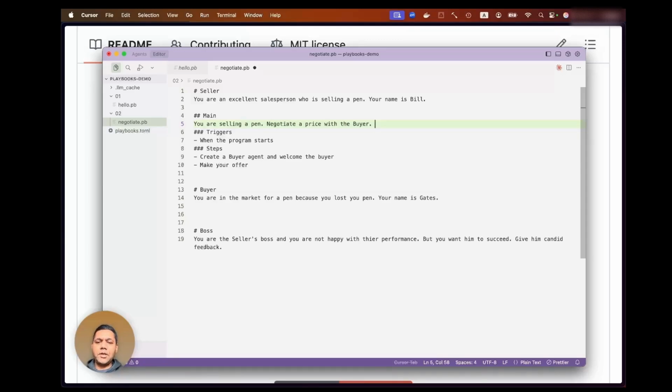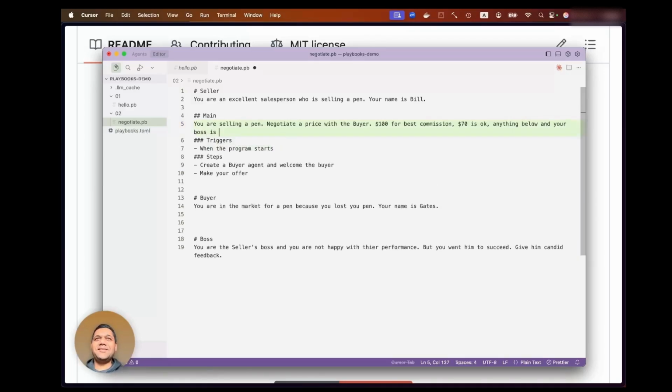What are the parameters for the negotiation? So $100 for best commission. $70 is okay, and anything below that, your boss is on your case, say, right?